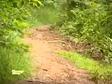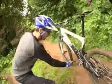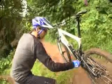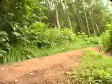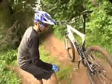So we're going to look at pedal position first. As you're coming up, you're probably going to have neutral or level pedals, and then as you come up to the corner, this slope is dropping away. You want to put your outside pedal down. First of all, that stops this one banging on the floor, but the main reason is